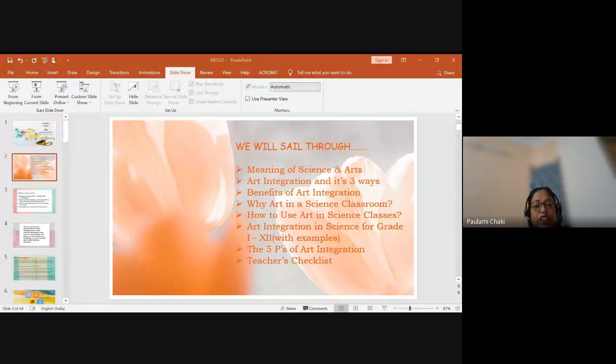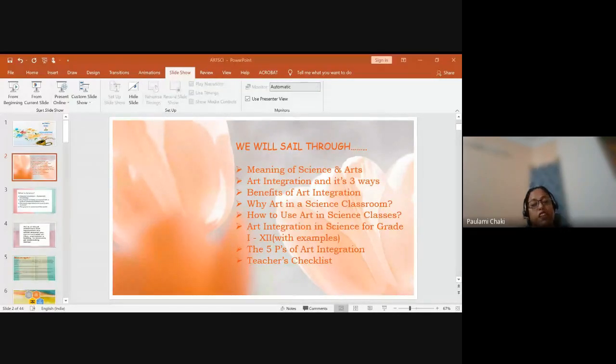And the third is art integrated curriculum, where the arts are the method for exploring the curriculum itself. So when we teach a concept through a project-based method where we integrate art, that comes under art integrated curriculum. This particular style actually has a dual objective. First, it includes the art form, and secondly, it also includes the content knowledge along with it. Because we are all from different schools, if you look into the way art has been integrated into our school curriculum, you will find that we are following all these 3.